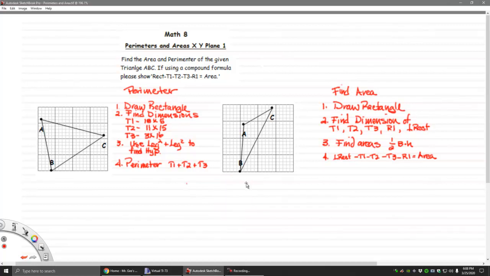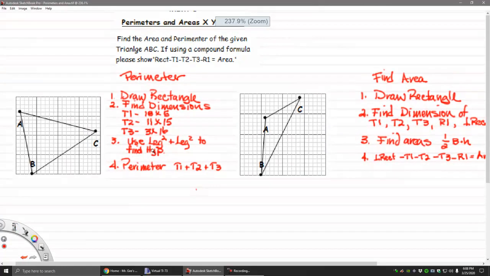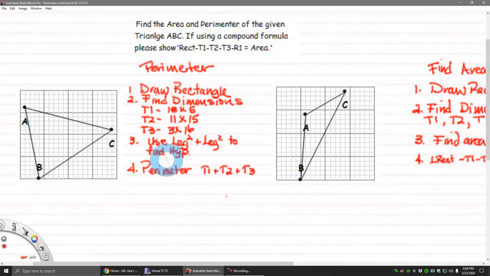Welcome students. In these two videos we will be taking a look at finding the perimeter of a triangle and also finding the area of a triangle. What's important about these is the fact that they're not setting like they're not having a flat edge down, setting it down where we can find the base and the altitude very easily. So we've got to do something different to find the area